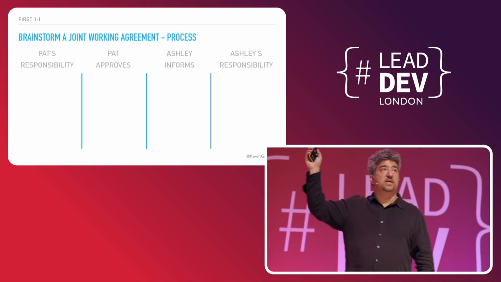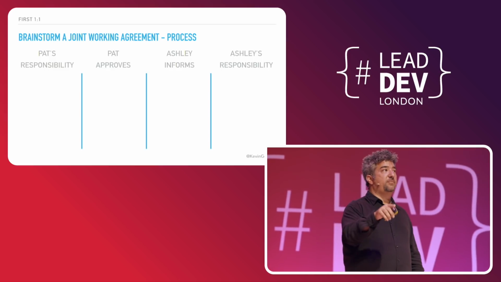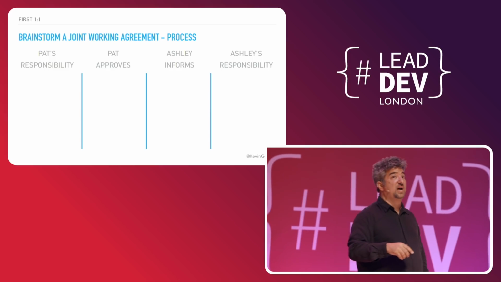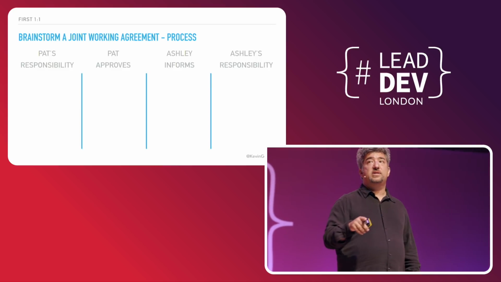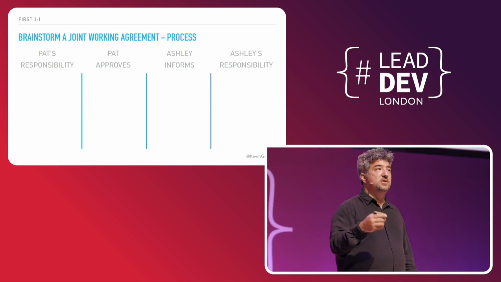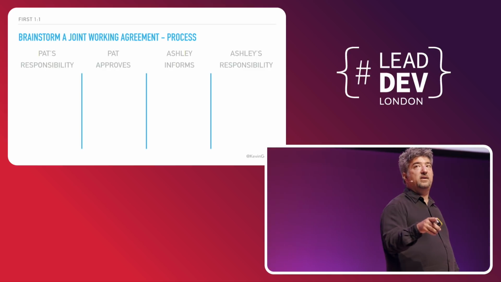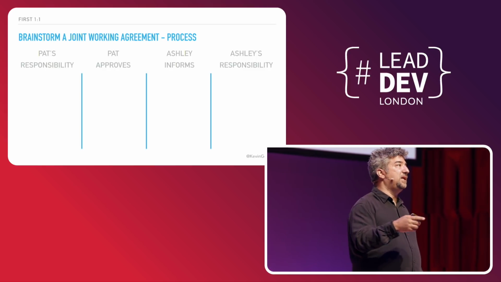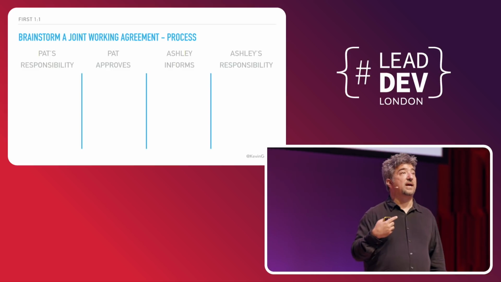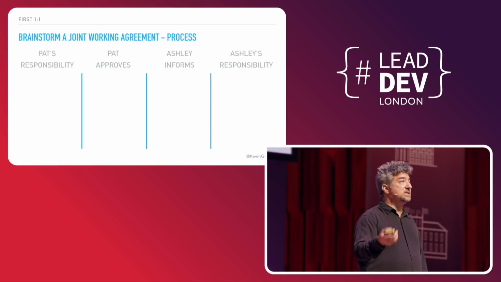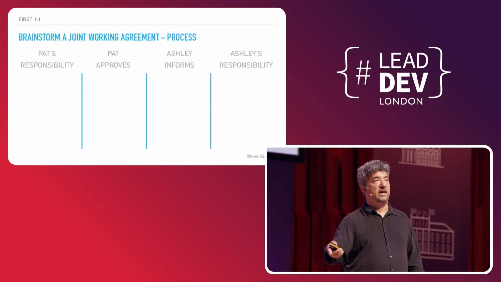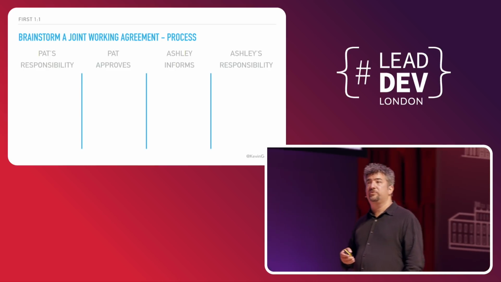The second column is, this is a responsibility of mine that I am going to assign to you. This is now your responsibility. But I understand that this is new for you. So I want you to make a plan around this responsibility, and then I want you to bring me the plan, and I will say yes or no and give you feedback. But once I say yes, then you execute the plan. So these are things I approve.